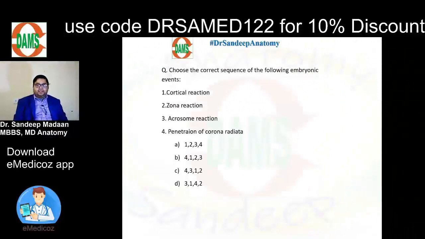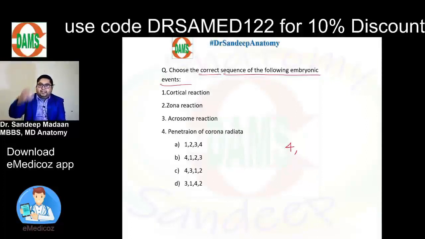Now let us take this question. Choose the correct sequence of the following embryonic events. The choices are cortical reaction, zona reaction, acrosome reaction, and the penetration of corona radiata. As we know, penetration of the corona radiata will be the first thing to happen, isn't it? And after penetration of the corona radiata, the sperm will approach the zona pellucida and will release the acrosomal enzyme. So the next to happen is the acrosome reaction. After that, the cortical granules will release their content. So next to happen is the cortical reaction, and after